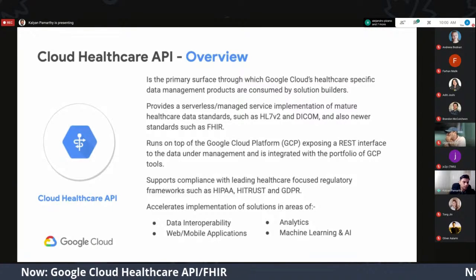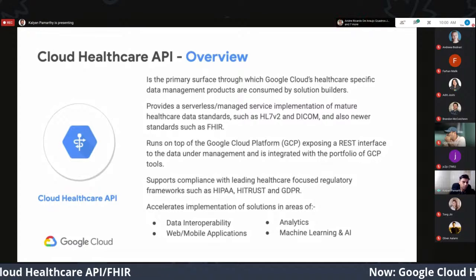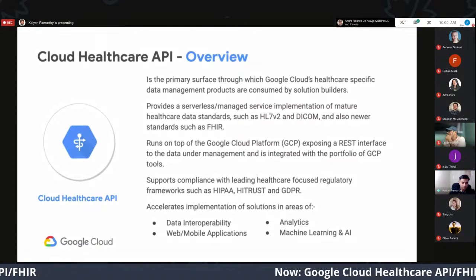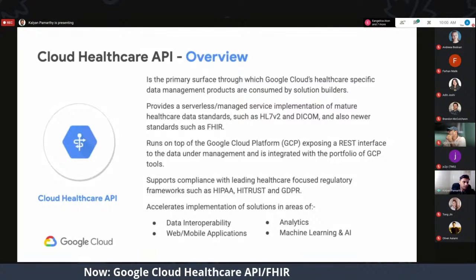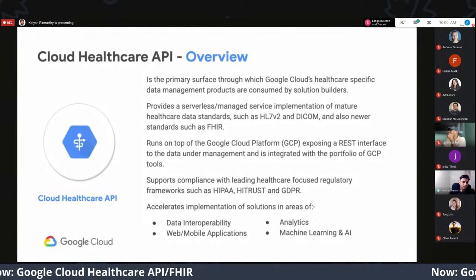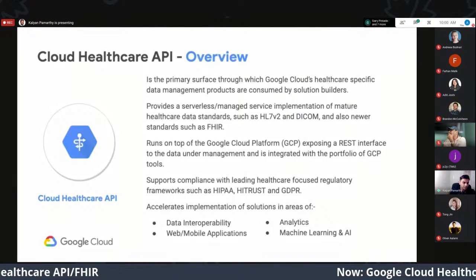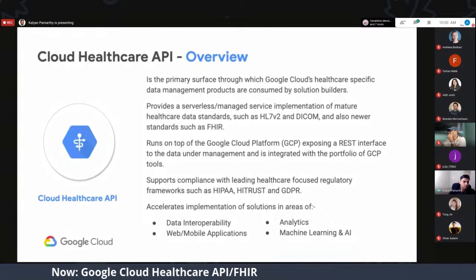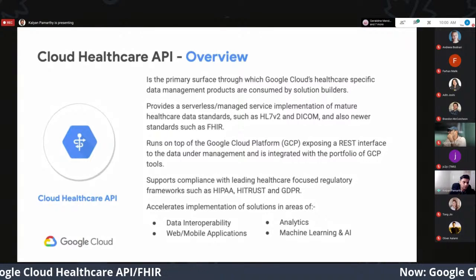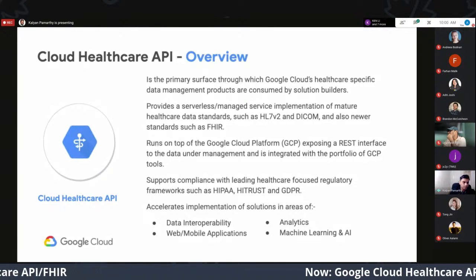But also export it to other systems. Now, we are huge believers in interoperability, and so the Cloud HealthKit API is very focused on advancing the state of interoperability. So we think a lot about all the different data sources that are being used in healthcare IT systems. How do we support the data formats? How do we make it easy for developers to build